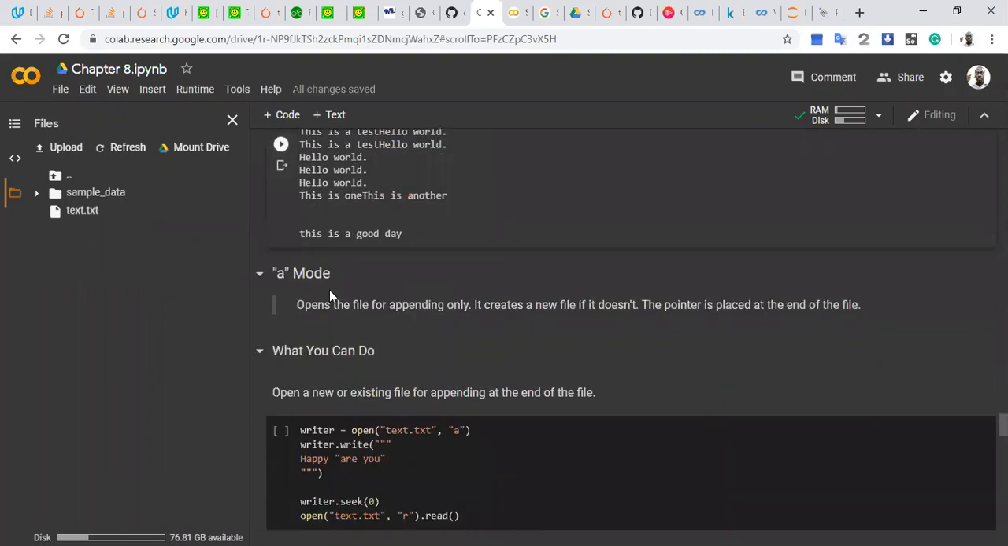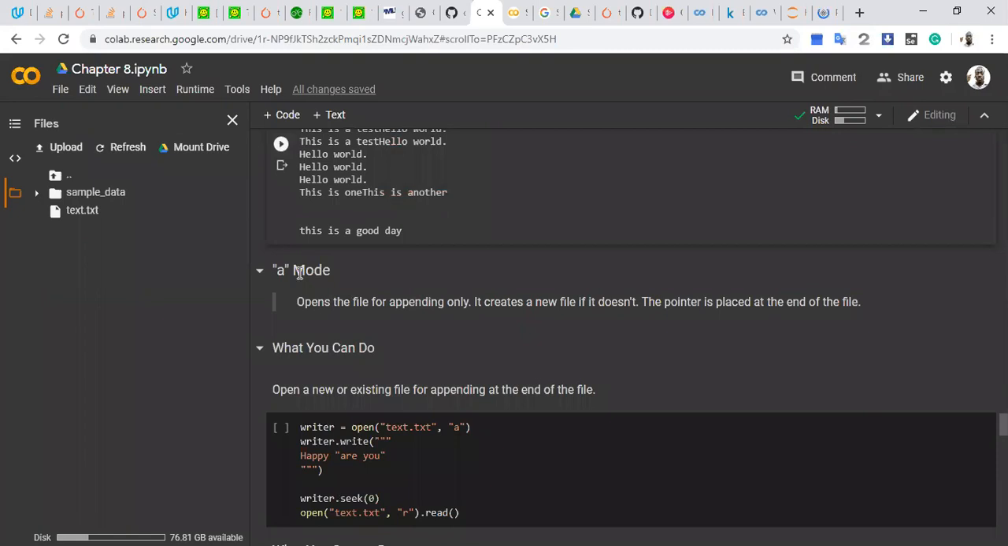So now, the next mode we're discussing is the A mode, append. It opens the file for appending only. You can append to the file. What append means is, at the end of the file, you're able to add to it. So what this mode does is, it opens the file in write mode and takes the pointer to the end of the file. But another thing is, unlike write mode that deletes the existing file, this one does not delete